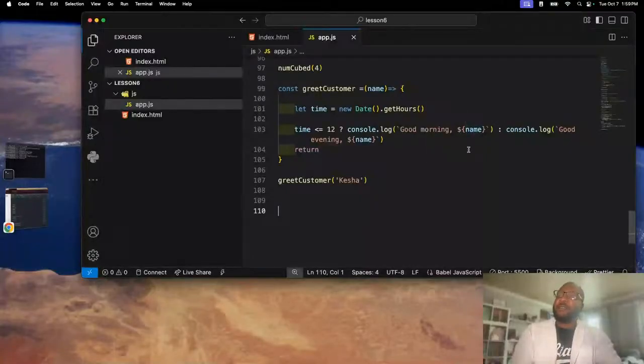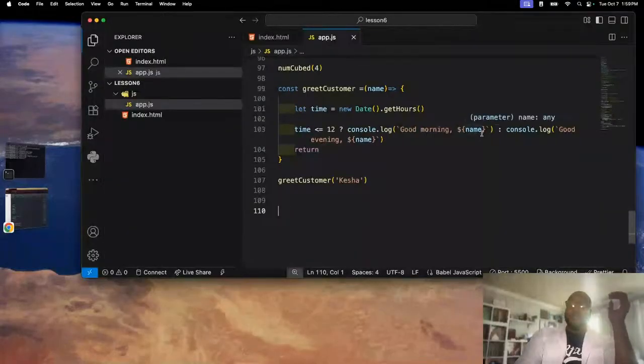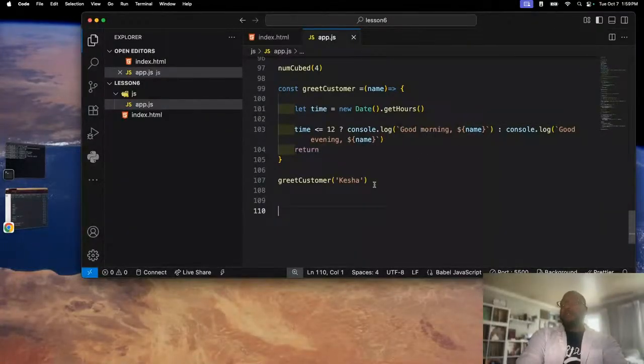what it does is it creates a template for our string and wherever the $ curly brace is, it'll pass in JavaScript code. So you can think of this as, here we have a string and anywhere we have a $ curly brace, that is where we're putting in JavaScript code. Okay. So I could say